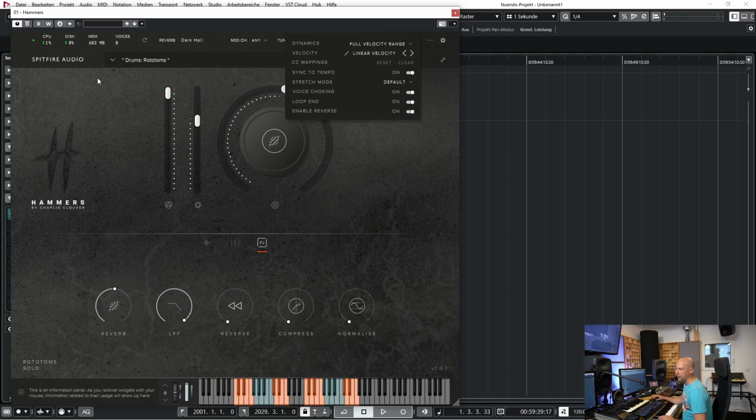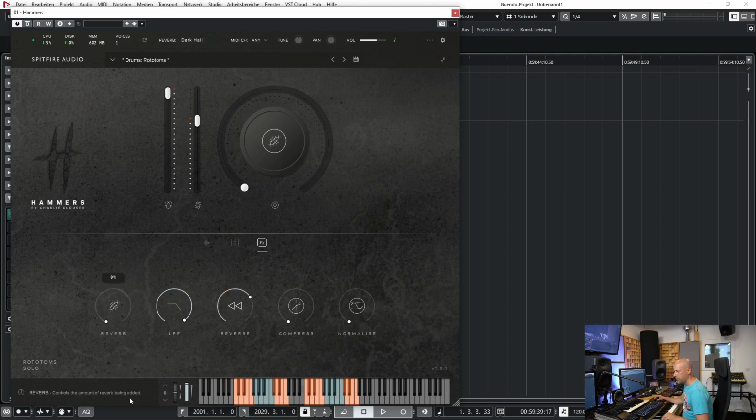Now it needs more space. Let's deactivate it. Okay, now we hear the original. Reverse, 16th, 8th. And this is synced to the host tempo. That's very nice, but